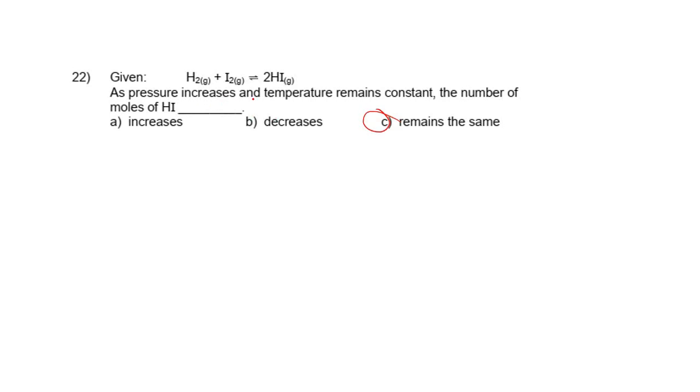And remember why. As pressure is increased, why do the number of moles of HI remain the same? Because we have 2 moles of gas on the left and 2 moles of gas on the right. So neither side has more or less gas molecules. So with a change in pressure, neither side is more favorable. The system's not going to respond to any change in pressure because shifting left or right isn't going to reduce the change. So when you have equal amounts of gas particles on each side, the system is not going to respond to any changes in pressure.